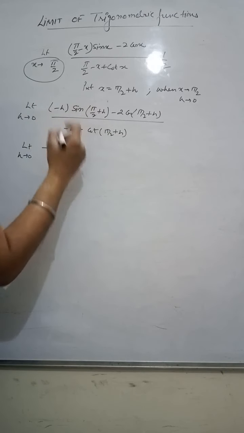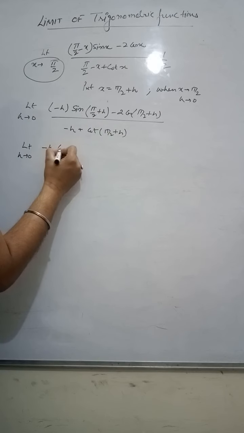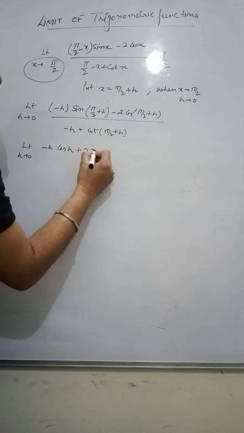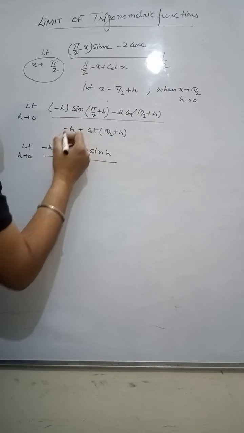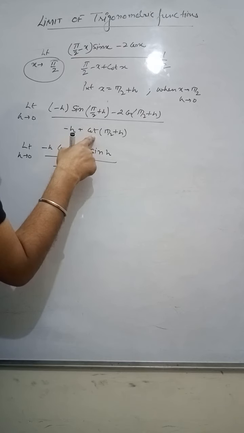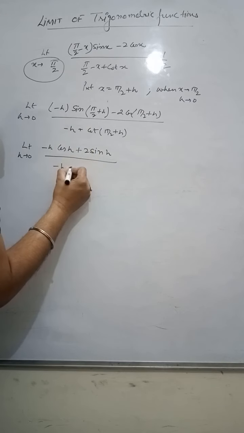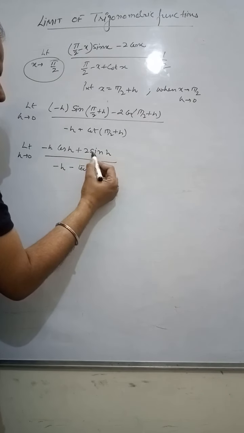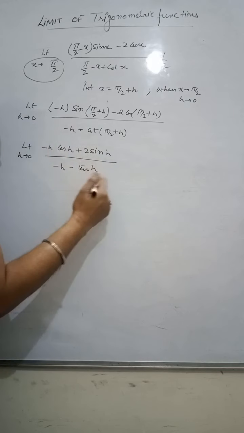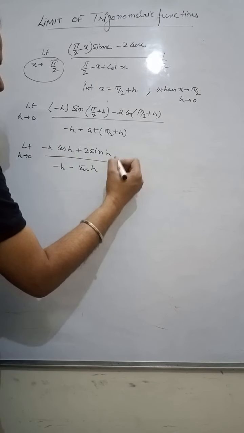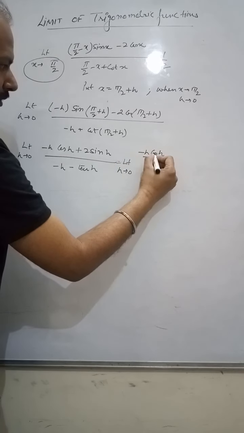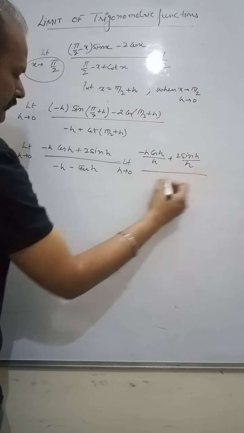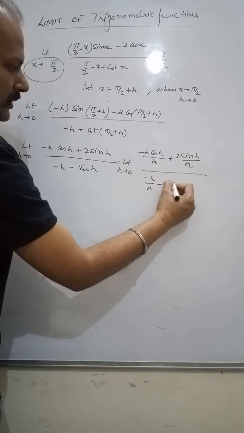This is minus h, sin 90 plus theta is cos theta. Cos 90 plus theta is in the second quadrant, where cos is negative. So this is (sin h) divided by minus h plus cot 90 plus theta. In the second quadrant cot is negative, it will be negative of tan h. And this is giving you a hint that we have to divide by h. Let's divide by h the numerator as well as the denominator. This is cos h by h, 2 sin h by h, minus h by h minus tan h by h.